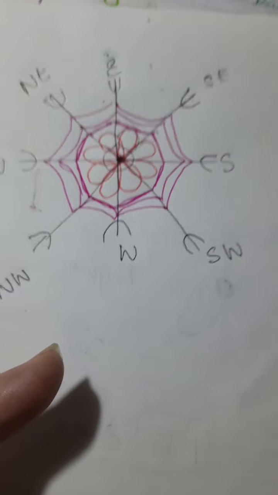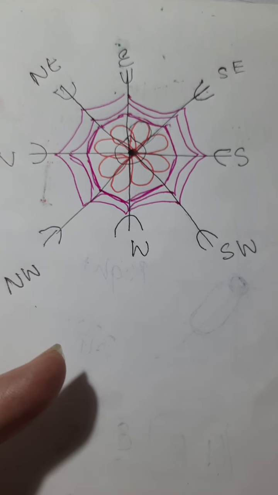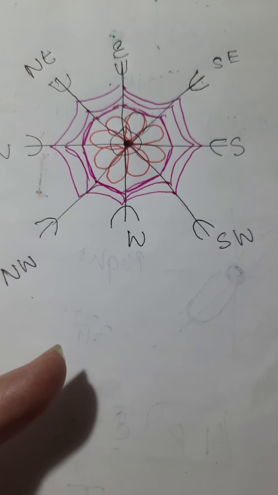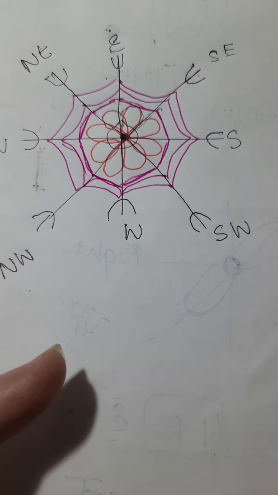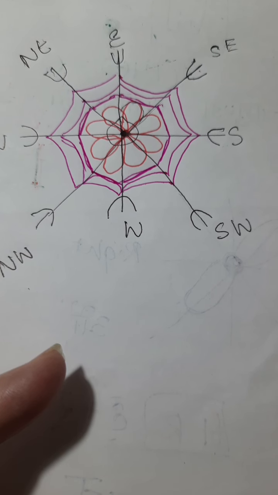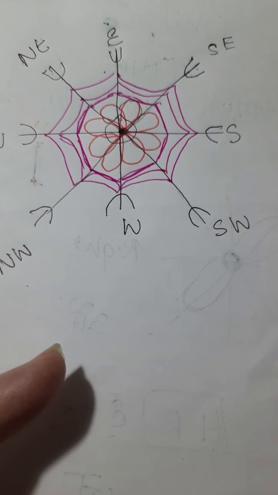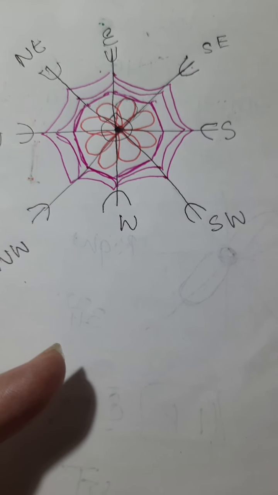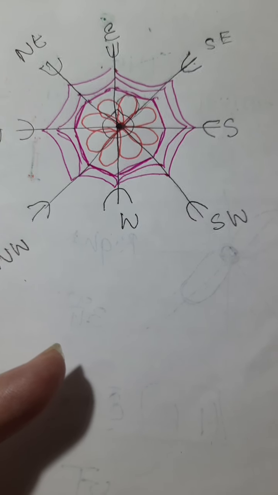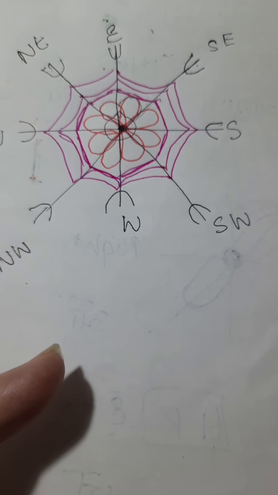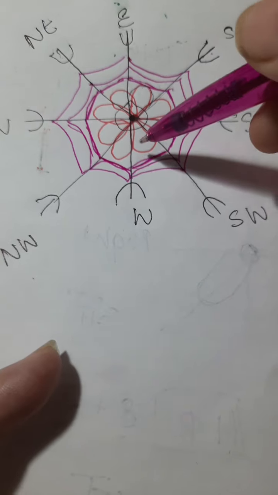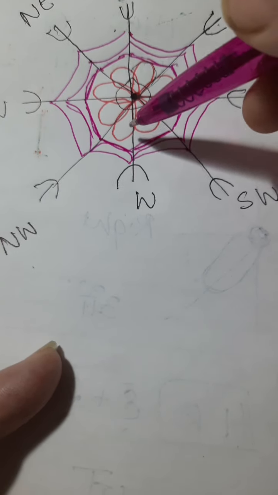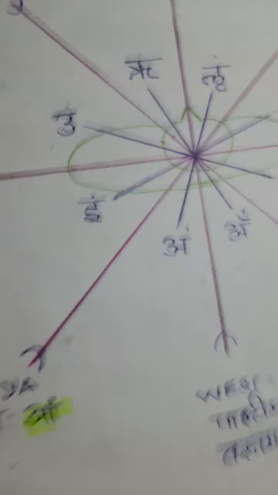Mother in many talks has said a war is going on between good and bad, but it is invisible. And all of us are a part of this war, whether we know or not, whether we will or not. We all are a part of it. So we are weaving this spider web by the small Bija Mantra as shown here.